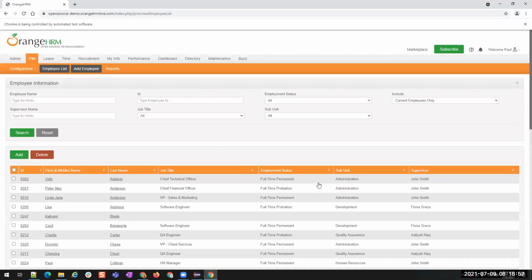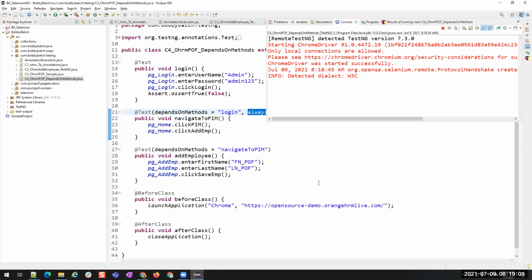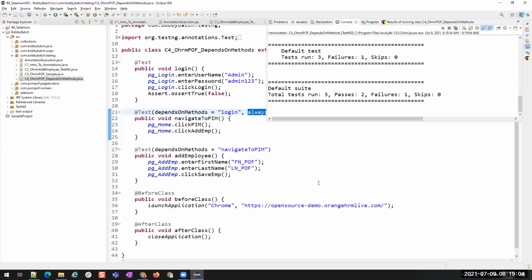See, it's navigating to PIM. Actually, it should fail, right? But it's not failing. You see, earlier there were two methods that were skipped, but now there are no methods skipped. Only one method is failed, and the rest two methods are passed.